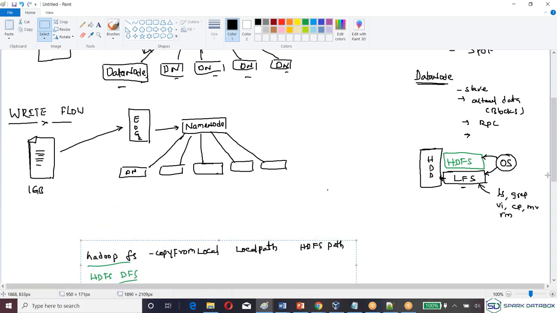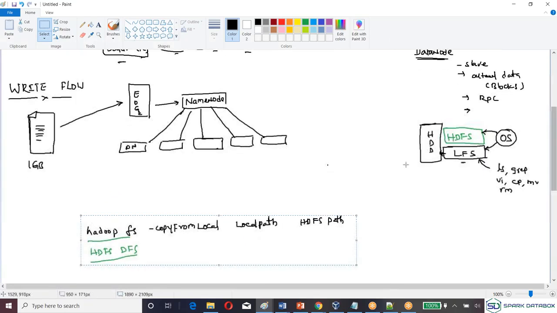As soon as I execute this command, what happens? This is the most important thing. You will execute this command in the edge node. There will be something called the DFS client. What this DFS client will do first is understand the path: it will check whether this local path exists or not. Once it exists, as per the configuration,